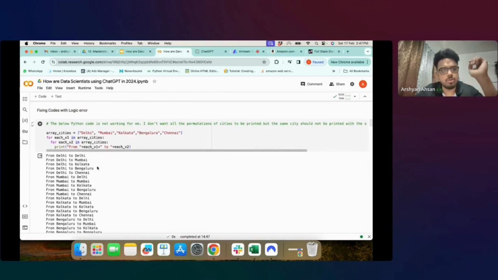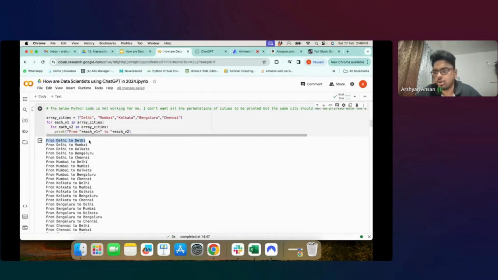But there is one logical problem with this code, that it is printing same city from Delhi to Delhi, from Mumbai to Mumbai. Now, let's assume that my code will get rejected, because this doesn't make sense, right? अगर मैं एक ट्रैवल साइट के लिए ये चीज बना रहा हूँ कि लिस्ट ऑफ ऑल सिटीज टू सिटी, देन फ्रॉम दिल्ली टू दिल्ली का पेयर तो कुछ सेंस नहीं बनता है, दैट यू विल गो फ्रॉम दिल्ली टू दिल्ली, राइट? सो आई वांट टू लॉजिकली रिमूव दिस एरर, but for some reason I'm not able to do that, right? So I'm not able to understand what logic I should add, or how I should change my code so that everything else is printed but same city names are not printed.